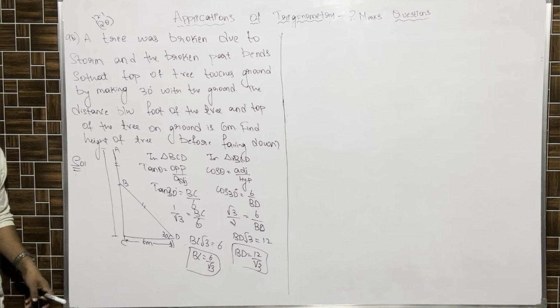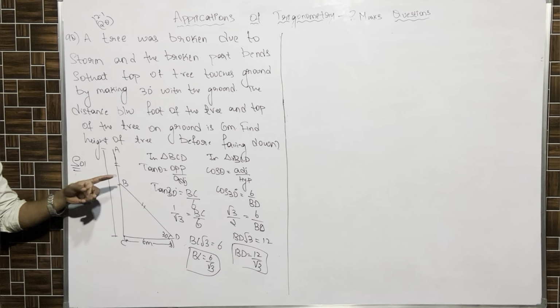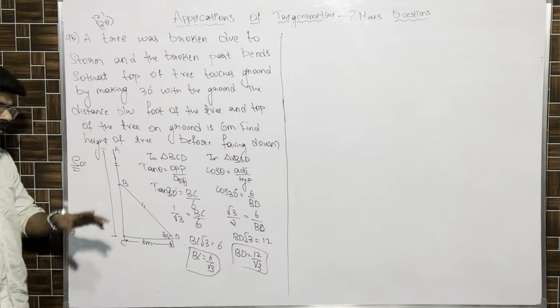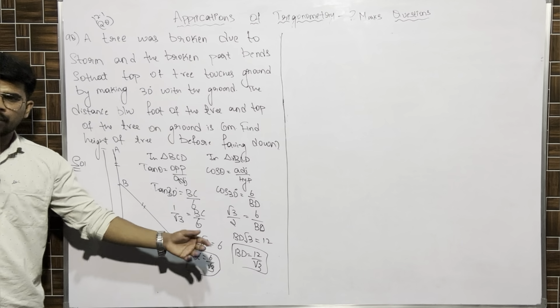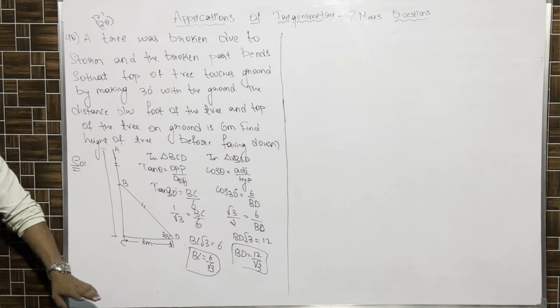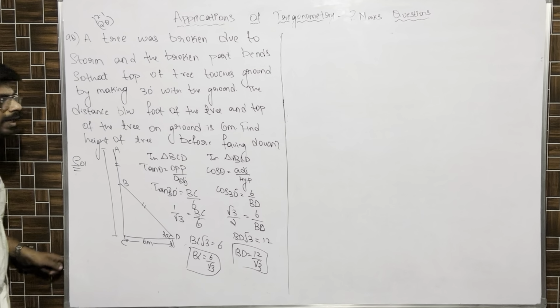So why am I taking this triangle? With the help of the triangle I can find AB. AB directly I cannot find, right? This straight line length I cannot find. AB is nothing but BD. With respect to 30 and 6, I'll find BD. Whatever BD is, that is again AB. If we get BD, we get AB indirectly. So add AB and BD and BC. We'll get the height of the tree. I'll write the height of the tree somewhere over here.